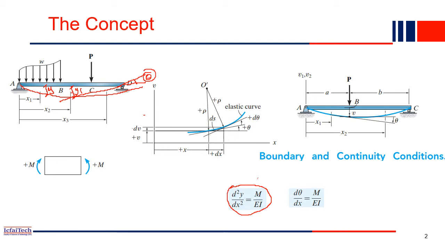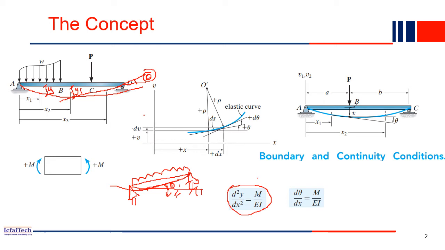Let me draw here. Consider a beam. This is a simply supported beam, so one end is hinge, another end is roller, right? And some load is applied, maybe a UDL. Because of that, you have the deflection, right? Now if you draw a tangent at any particular point, this is a tangent at this point. This tangent makes an angle with the horizontal, maybe theta. This theta is anti-clockwise, right? We are bending anti-clockwise from the axis. This is a positive theta, so that's what we considered. This is very important to understand here.